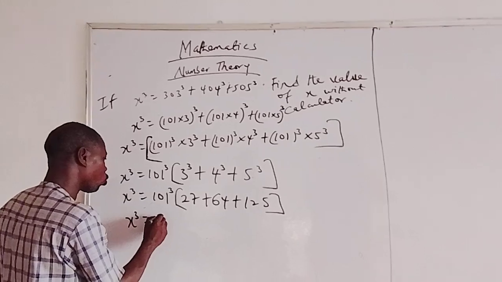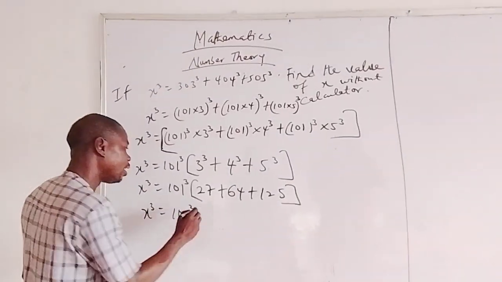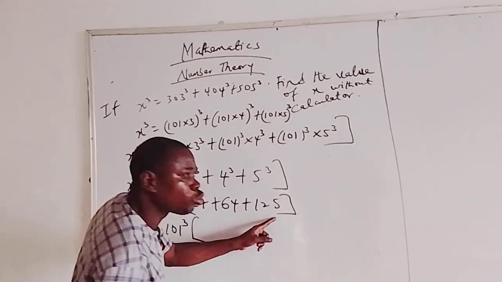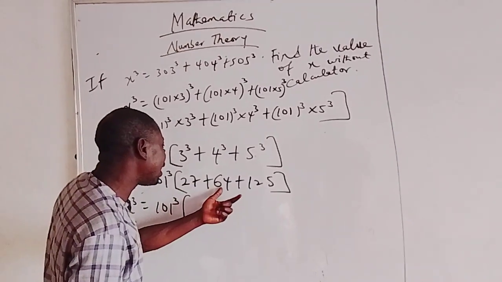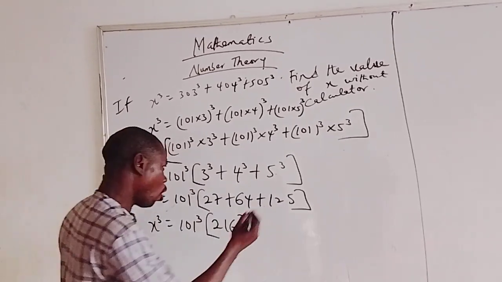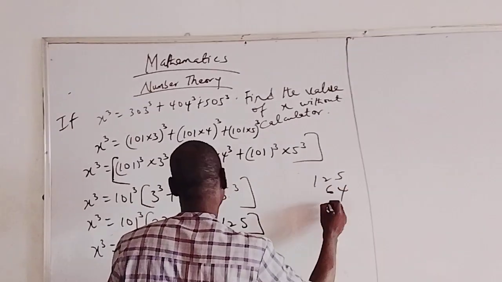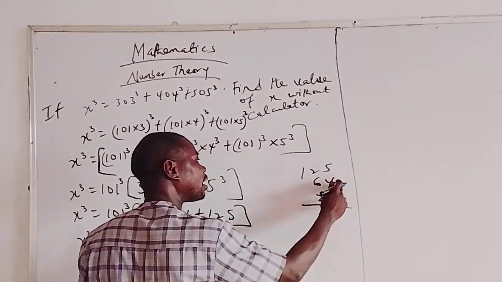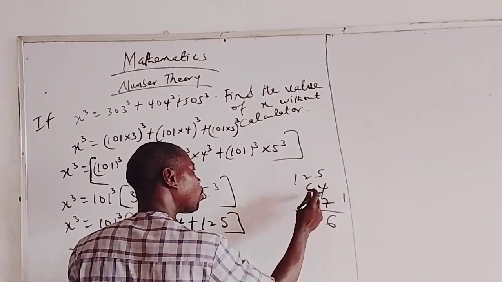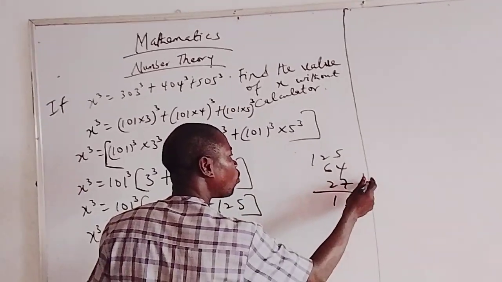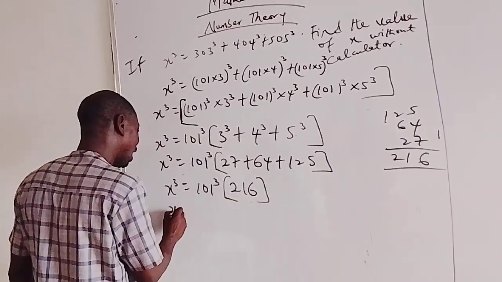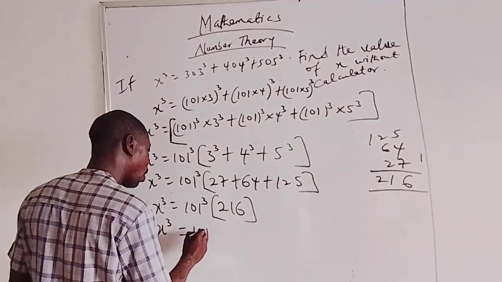So x cubed is equal to 101 to the 3 into the parentheses of, now when we add all these together, the addition of these will give us 216, because this is 125, 64, and 27. 5 plus 4 is 9, 9 plus 7 is 16, keep 1. 2 plus 6 is 8, 8 plus 2 is 10, plus 1, 11, keep the 1. 1 plus 1, 2. So it gives 216. And we can rewrite this expression as x cubed is equal to 101 to the power